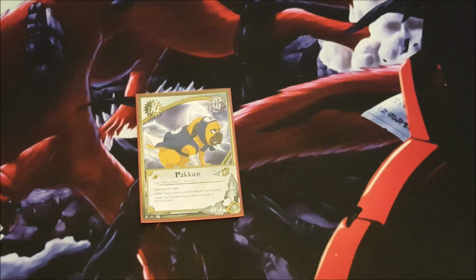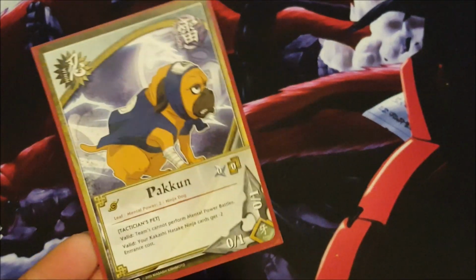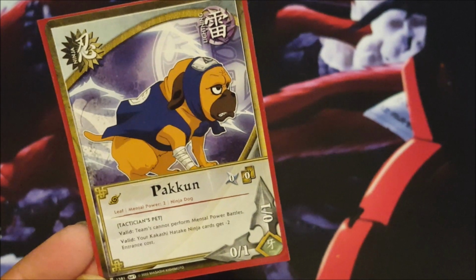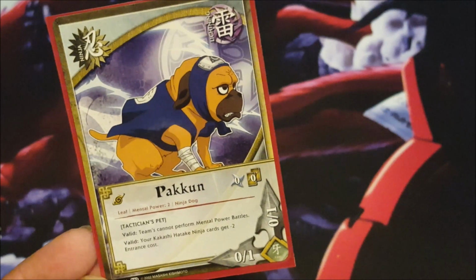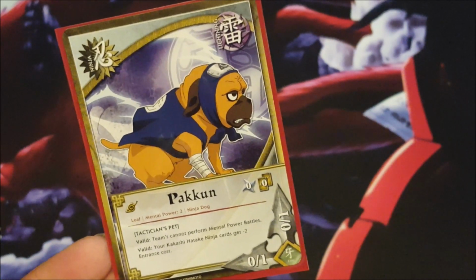And I main deck 1 Pakun. I know a lot of people are like, what? Pakun? 0 drop? What does he do? For those who don't know, he's basically a ninja who prevents mental power battles. Valid teams cannot perform mental power battles, but not only that, he's a dual reason why I play him is